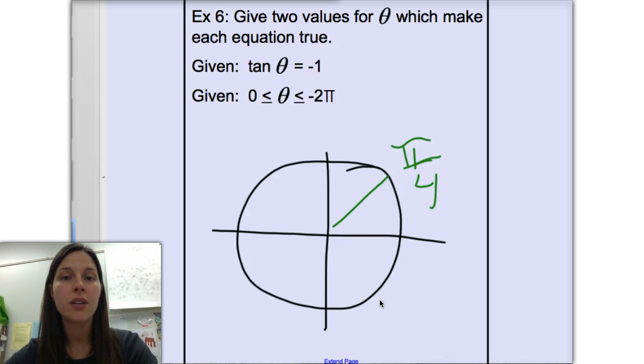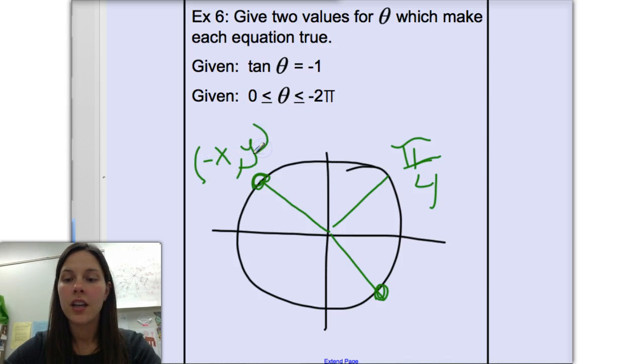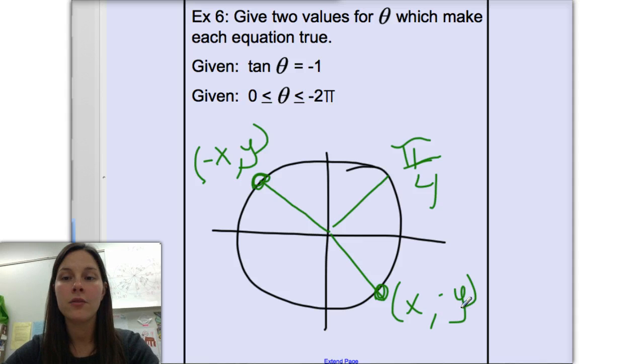So for the tangent to be negative 1, that needs to be when the sine is positive and cosine is negative, or cosine is negative and sine is positive. And those two occur in the second and fourth quadrants. In the second quadrant, the cosine is negative, and in the fourth quadrant, the sine is negative. So this, looking at a negative rotation,